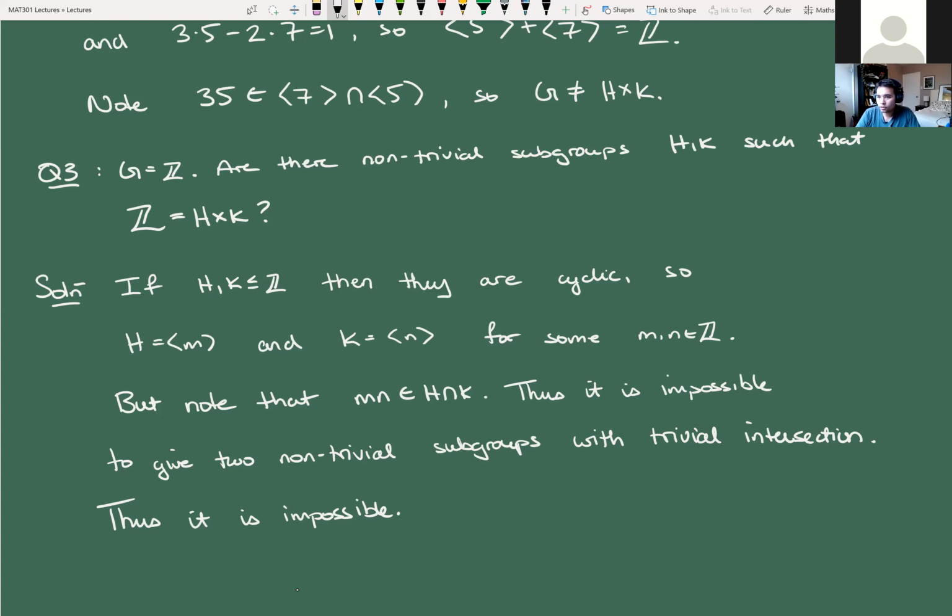So this is also kind of interesting though, right? It says not every group can be written as a non-trivial internal direct product. And in fact, even one of the easiest groups that we have to work with, Z, which sure, it's infinite, but it's cyclic and abelian. So it's a very nice group, but we immediately fail to be able to write it as an internal direct product of any of its subgroups. So internal direct products can be useful, but they're not universal, right? We can't always utilize them in order to study the structure of what we want to do,